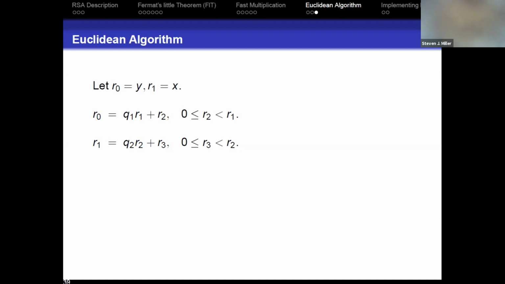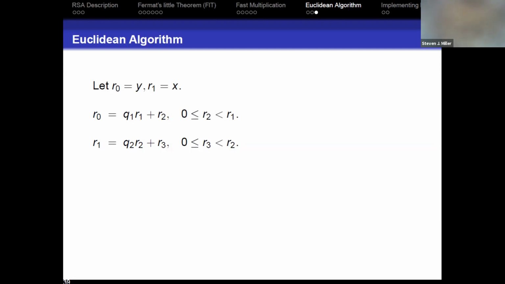So it's possible to have a short drop. I go from R1 to R1 minus 1. Crap, I only decreased by 1. Well, imagine R2 is R1 minus 1. Ooh, I want to write R1 as a multiple of R1 minus 1 with a remainder. Well, it's going to be a multiple of 1, and then the remainder will just be 1, and it will drop down tremendously. So if R2 is very close to R1, then R3 is going to be very, very small, and you win. If R2 is far away from R1, you win. So you basically just have to analyze the two different extremes. You can't constantly be bad.